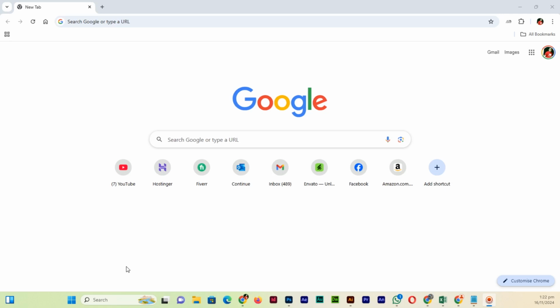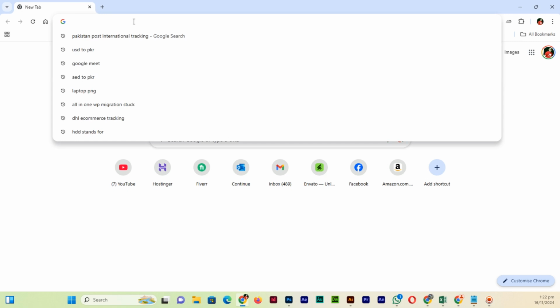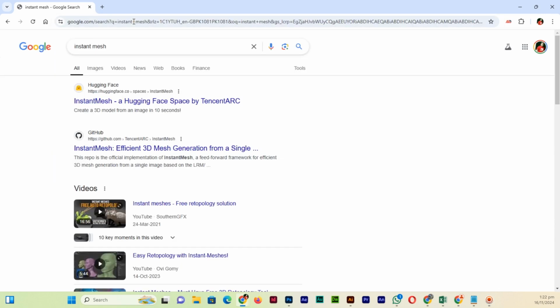If you really want to turn your favorite 2D images into stunning 3D objects within a few seconds, in this tutorial I will show you how to use this innovative technique and incredible tool to bring your images to life. So for this, you will search here "instant mesh" on Google search, and you will find a lot of